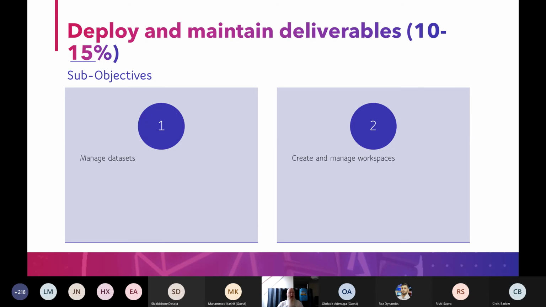workspaces work. So what are the different roles I've got in my workspace? So I've got my owner, contributor, reader. What can they do? And then, okay, what can they do with the data set? What happens if somebody isn't in the workspace? Can I give them access to the data set? Because when you share a report or a dashboard, you can also optionally share the data set with them so they can create their own reports. And I think it does that by default. You have to uncheck it when you come to share it. So you need to understand how that works.